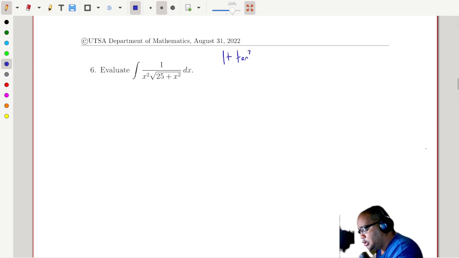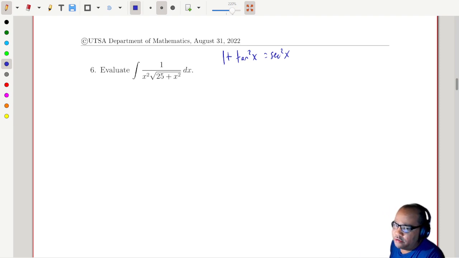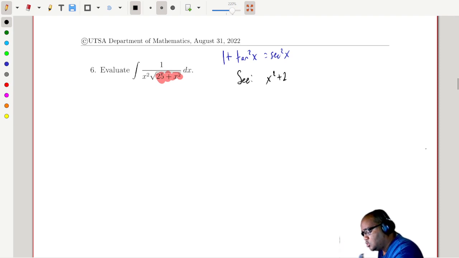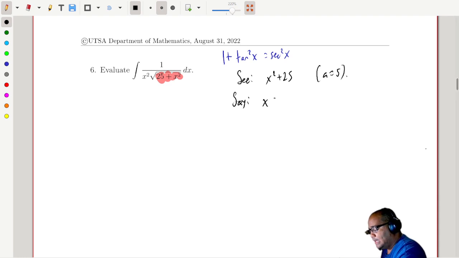I'll write it down here again. 1 plus tangent squared x equals secant squared x. And I can multiply through by a squared, and I get something here. So how does that help me? The substitution that we're making here is motivated by this identity. So we see here a sum of squares. So I see x squared plus 25, and here a is equal to 5. So we say x equals 5 tangent theta